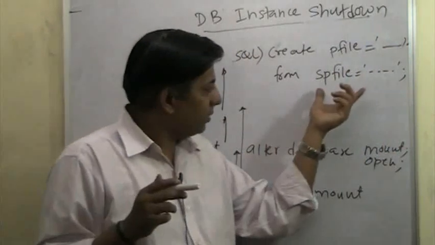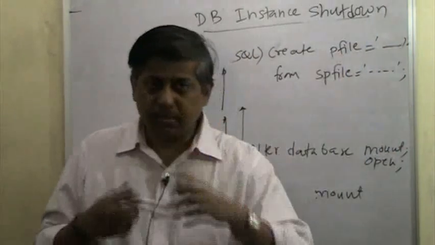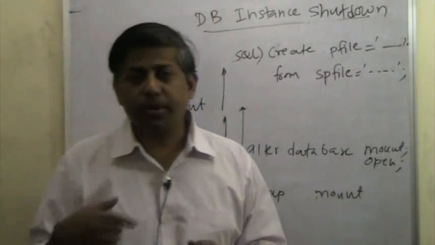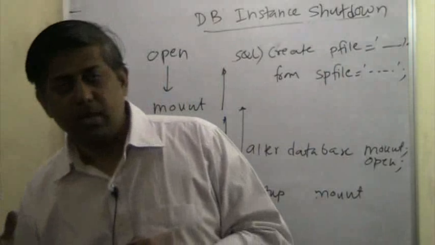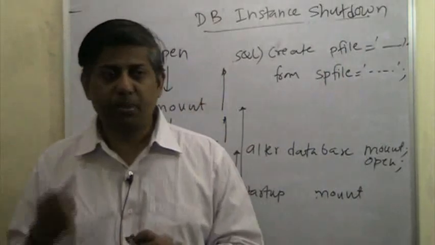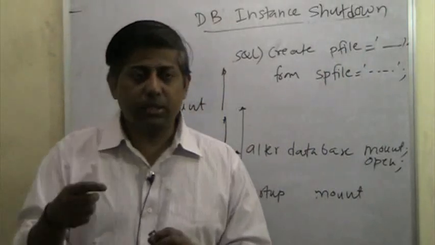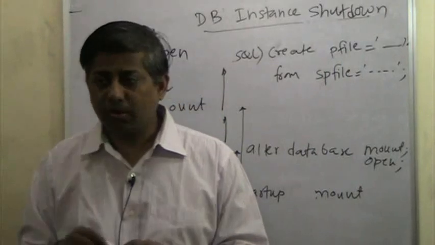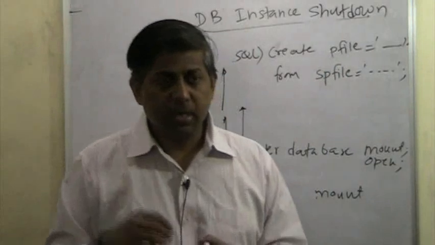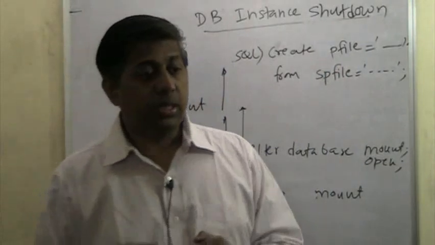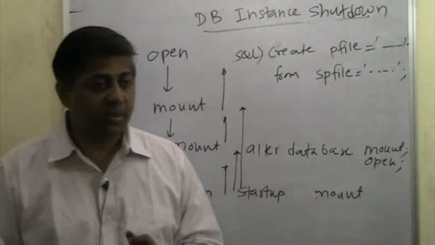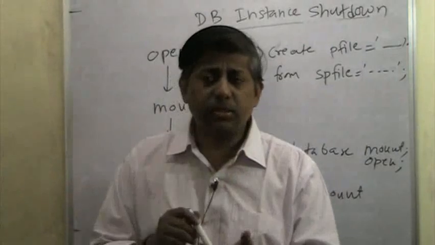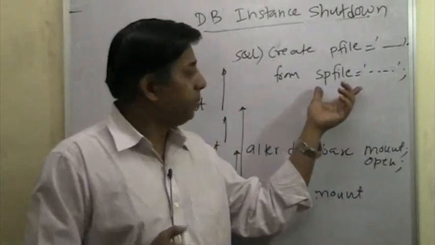So I think I was not so clear in the SP file and P file discussion, which I was all kind of clear. The purpose of an SP file is to allow you to execute the alter system command so that you can change the initialization parameter, and that way of changing the initialization parameter is called dynamically changing the initialization parameter. How do you dynamically change the initialization parameters? If somebody asks you that, the answer is use the alter system command. An alter system command will require the presence of an SP file.